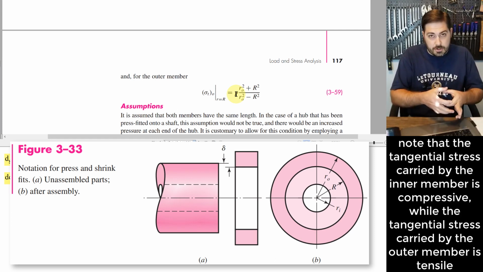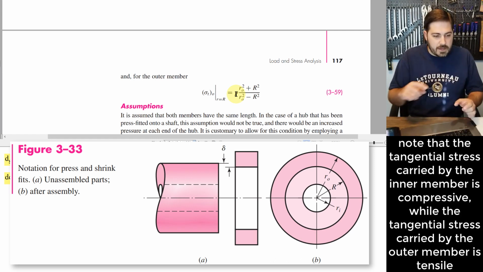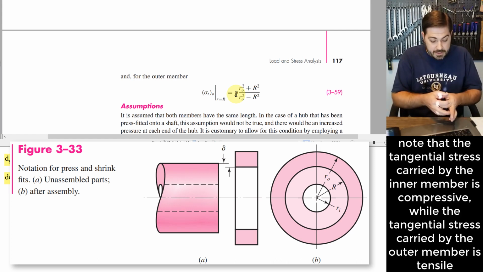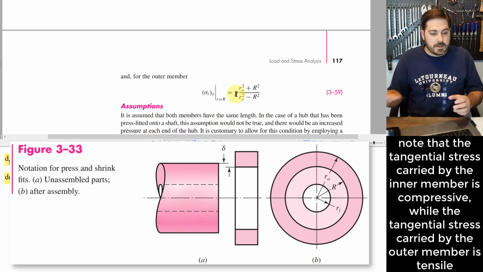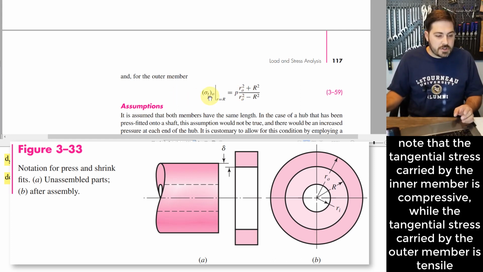It's trying to get larger. It's like the circumference of any one little piece of material is trying to grow, and because it grows, it stretches, and that causes a tensile tangential stress in that outer member. Okay,